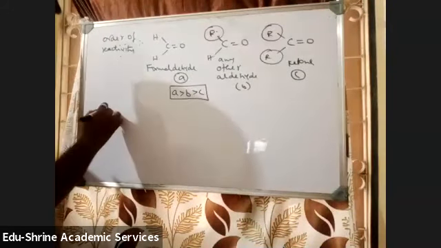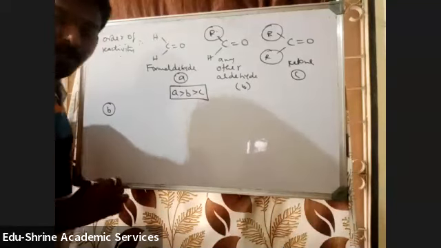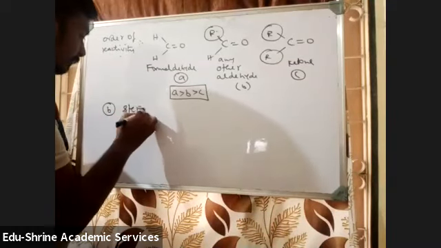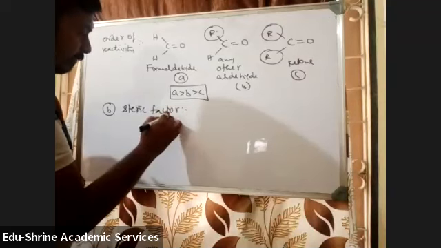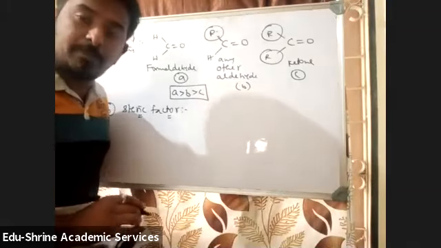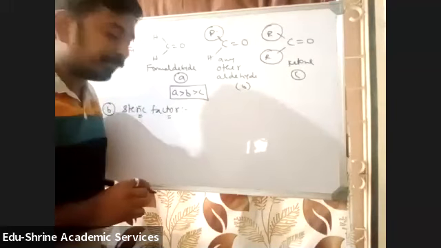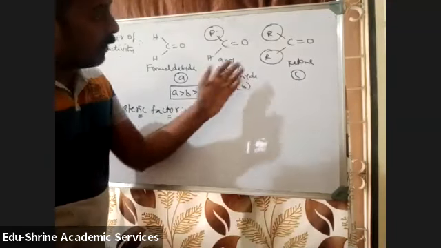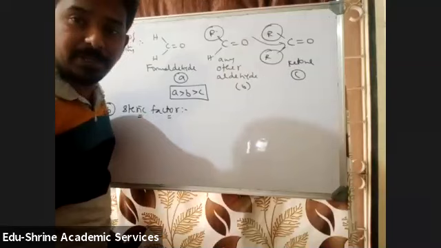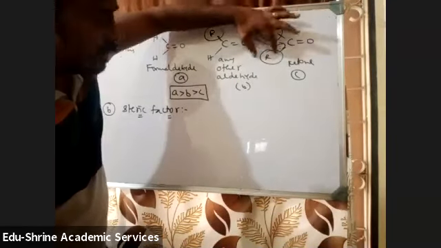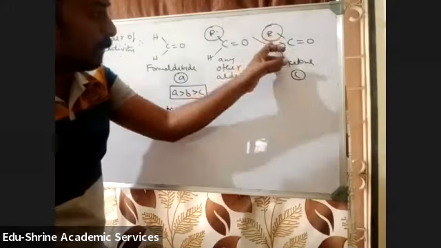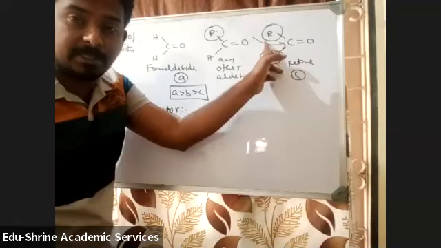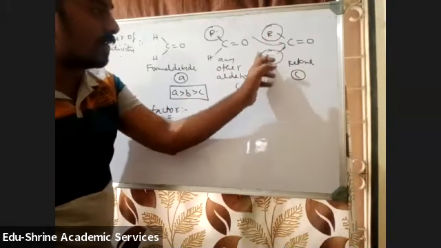Then coming to the second factor. The other factor which will affect the rate of reactivity is steric factor. We are telling that ketones are less reactive when compared to aldehydes towards nucleophilic addition. One reason is more inductive effect in ketones, and the other reason is steric factor. A nucleophile has to come and attack this carbon atom, so the groups present here must be smaller groups. Then only there won't be repulsions between the electron density of these alkyl groups and the nucleophile which is coming and attacking. These alkyl groups are larger groups.